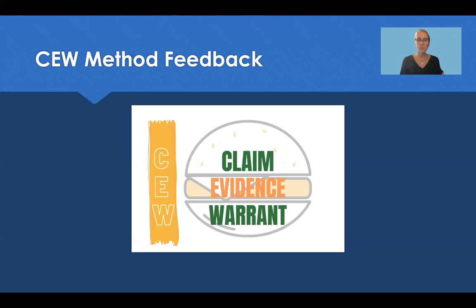So if you're reading something, you're like, I don't know, you can come back to the CEW method and try to figure out, well, what's missing, right? What's missing from this? It might be that the person is just talking, talking, talking, and it could be that evidence is missing. Or there's claim and evidence and there's no warrant. Or they just dive right in with a quote and you see evidence, but you're not sure what idea that's supporting.